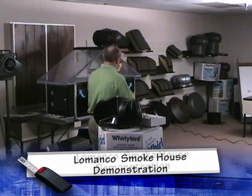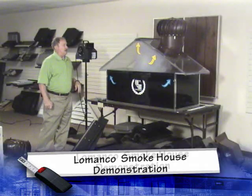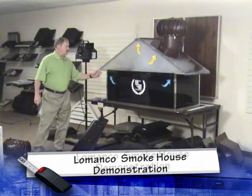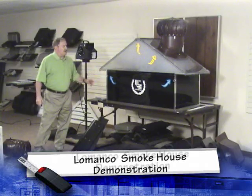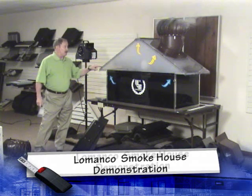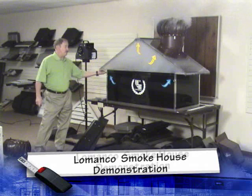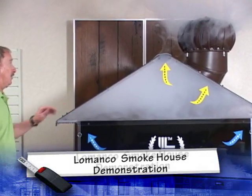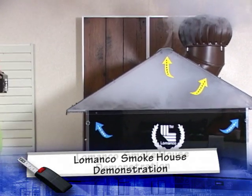So what I'm going to do is add smoke to this without any wind right now. And really, I have intake vents over here where you can see the soffit vents. And what you should see, whether it's spinning or not spinning, is the air coming through it, and it's being pulled out through the intake. I don't know if you can see it in that visual, but it's clearing out right over this intake right now. Now, as I hit it with wind,